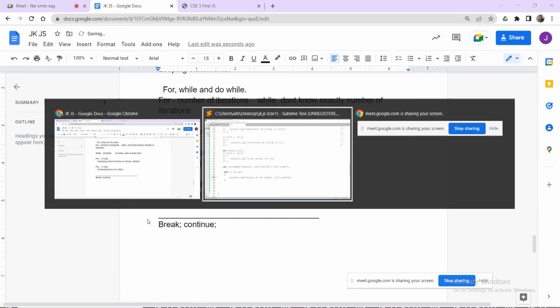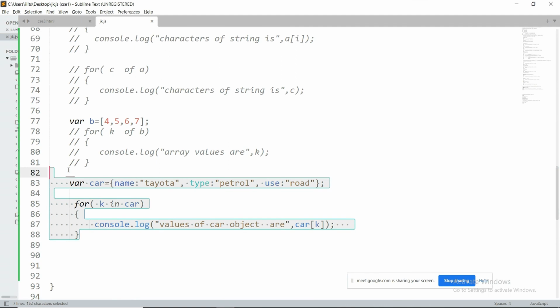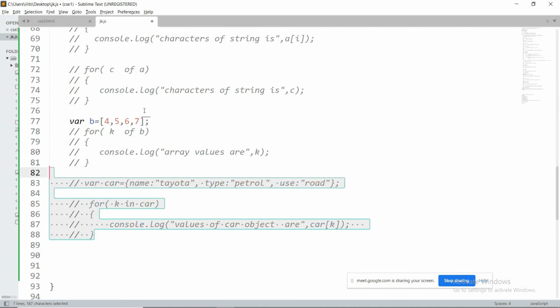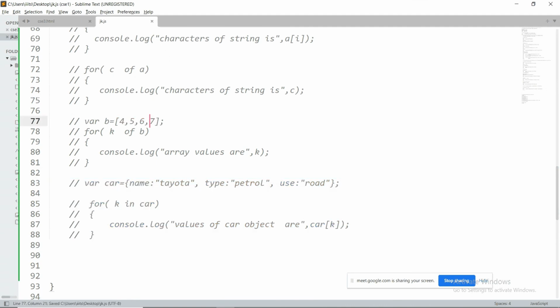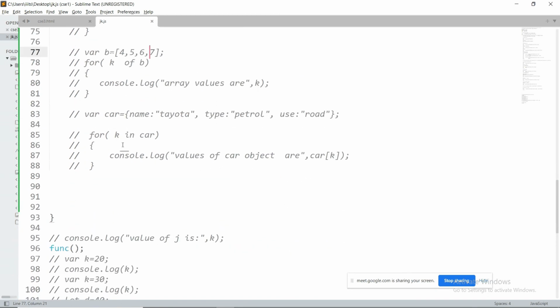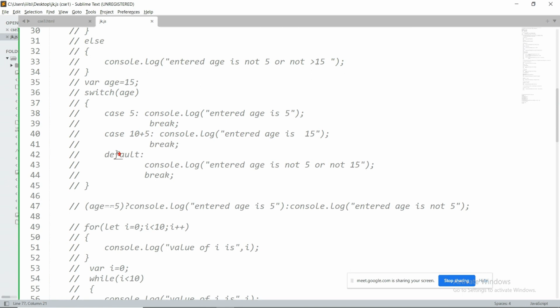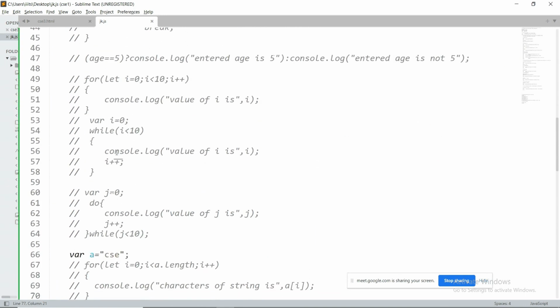So what is the break keyword? It is meant for exiting from a looping statement. For example, let me take this for loop.